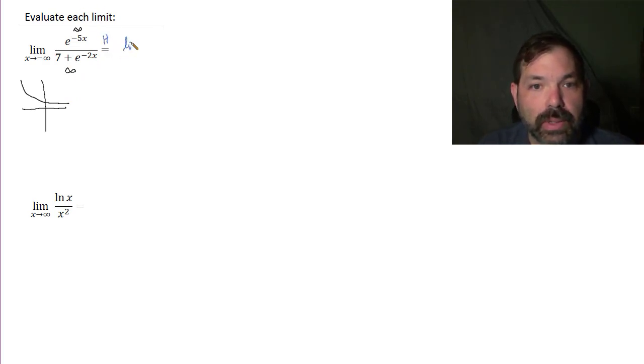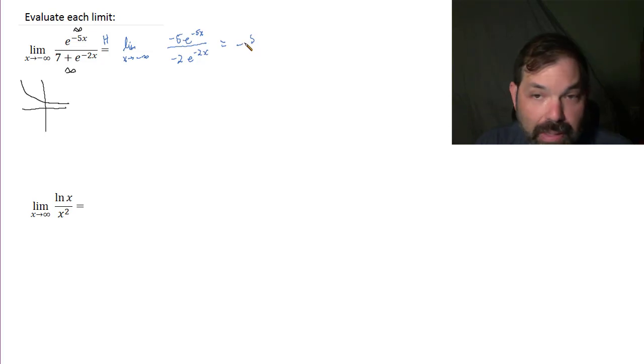This becomes the limit as x approaches negative infinity of negative 5 e to the negative 5x over negative 2 e to the negative 2x. All right, remembering our rules for limits, I can bring the negative 5 halves out. That would not be negative because a negative divided by a negative is positive. So I'd have 5 halves,